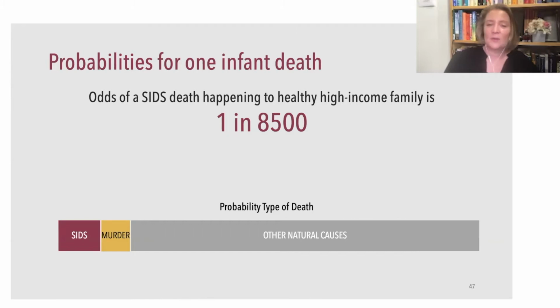This relied on dividing infant death into 3 different categories. The first category was natural causes, the second category was murder, and the third category was sudden infant death syndrome. Because that's what Sally Clark's defense attorney was saying, that this was sudden infant death syndrome, she had not murdered these babies. So the prosecutor said the odds of a sudden infant death happening to a healthy income family